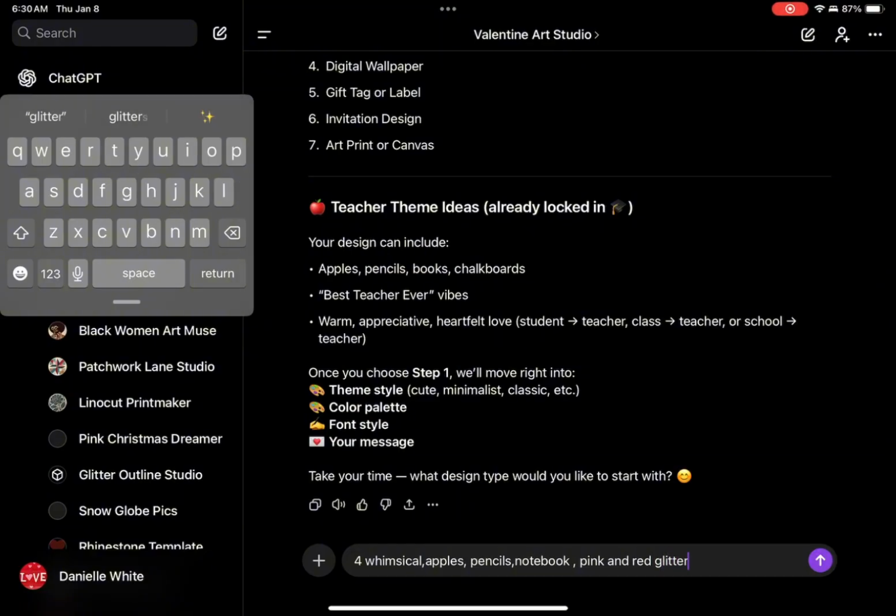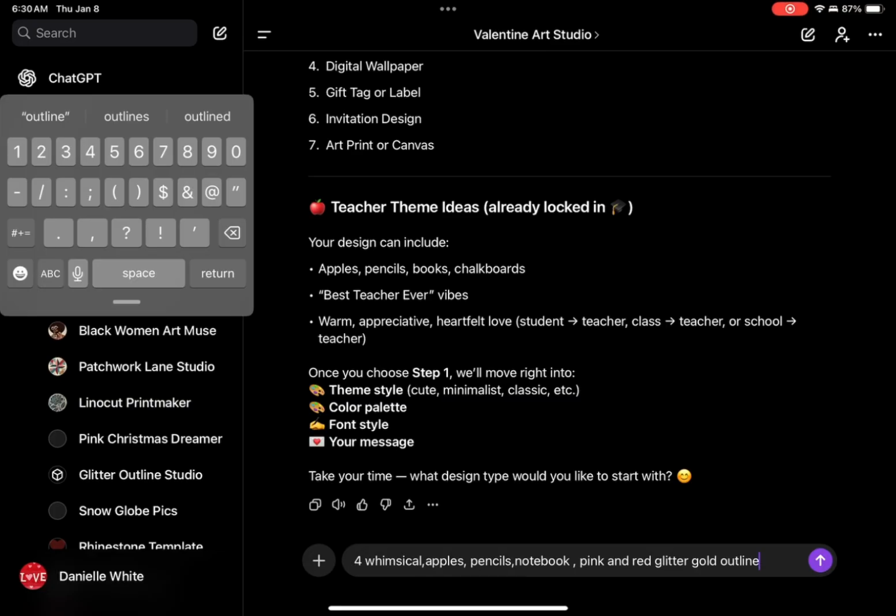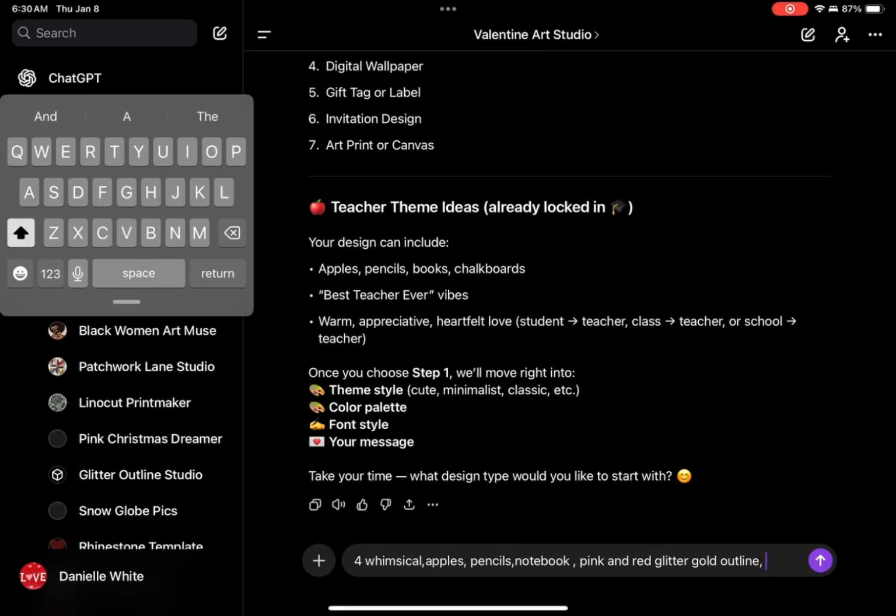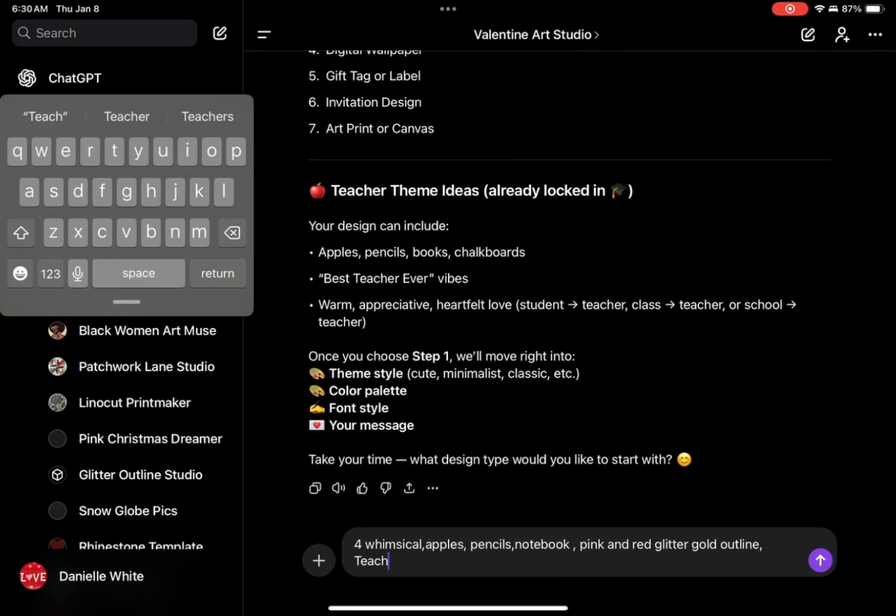So right now, I already knew what I wanted. So I'm just typing in the different things that I want, like glitter outline, and I want a pencil, an apple, a notebook in the picture, and just some little things that I want in the picture. I wanted to say teach as the text,